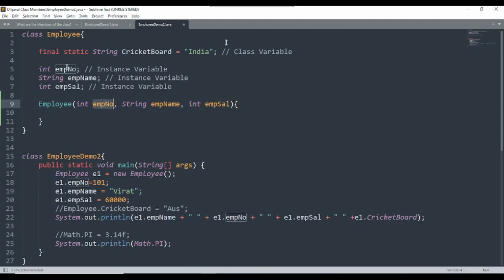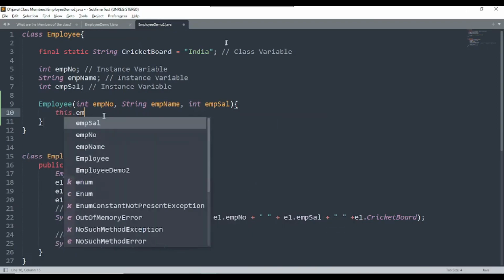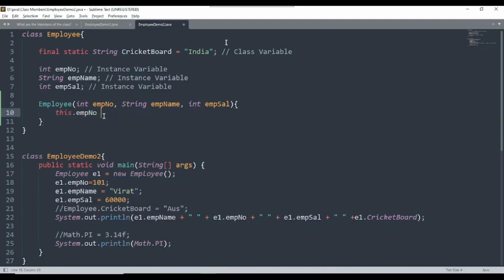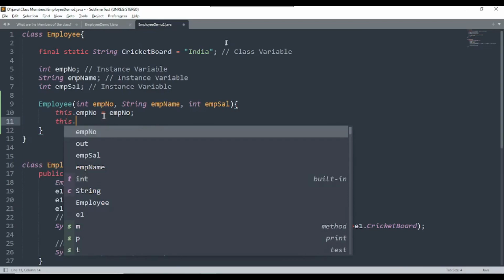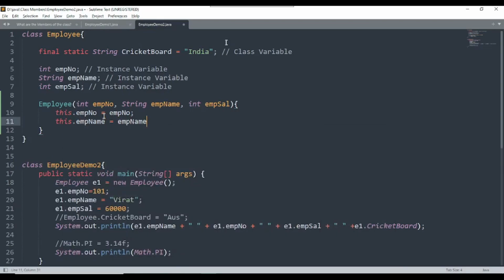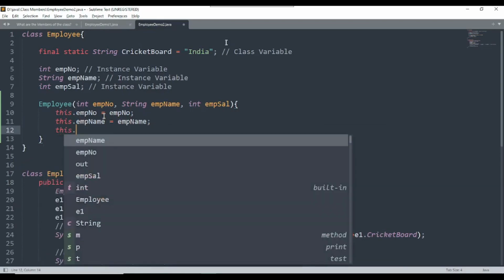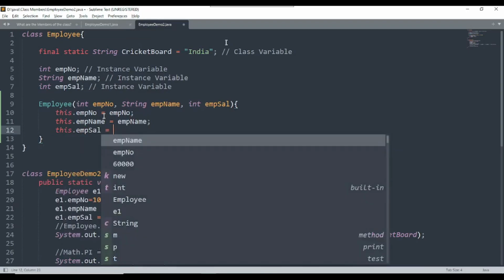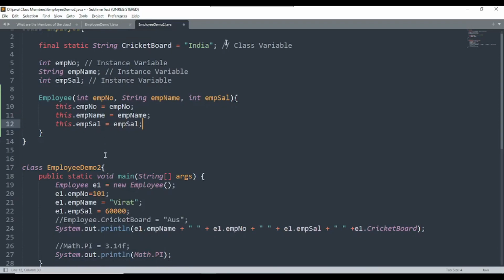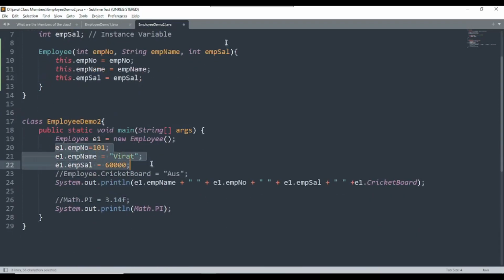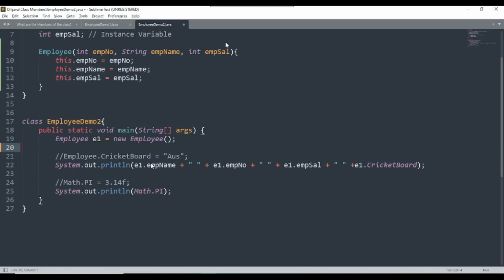The employee name and the instance variable names are both the same, so I need to use the this keyword: this.employeeNumber equal to employeeNumber, semicolon, this.employeeName equal to employeeName, semicolon, this.employeeSalary equal to employeeSalary. These concepts we have covered in the previous video, right? So I am just removing this line of code.